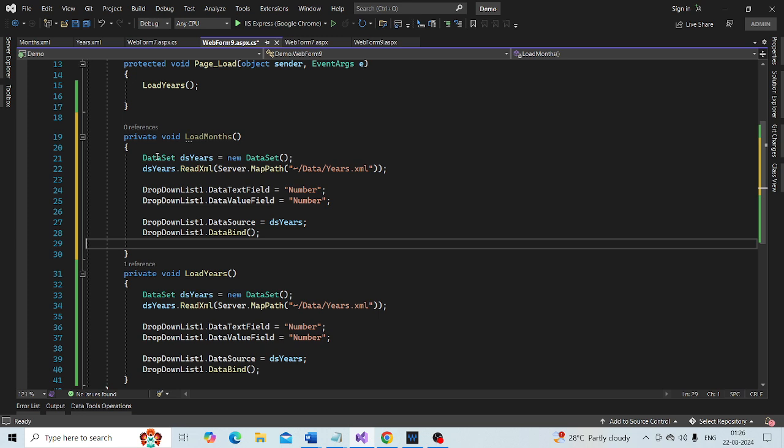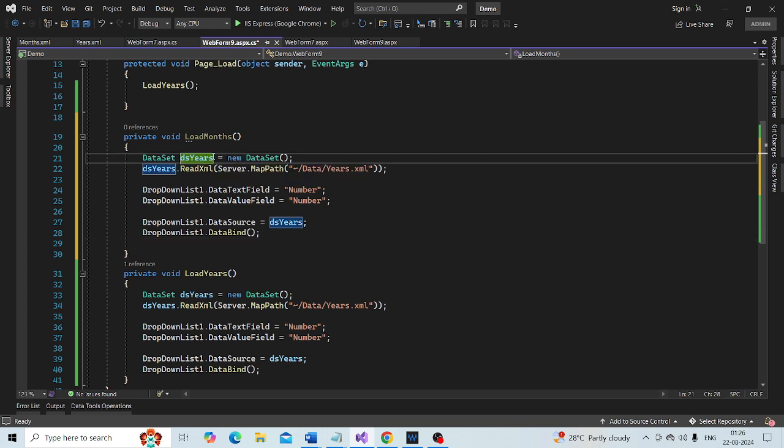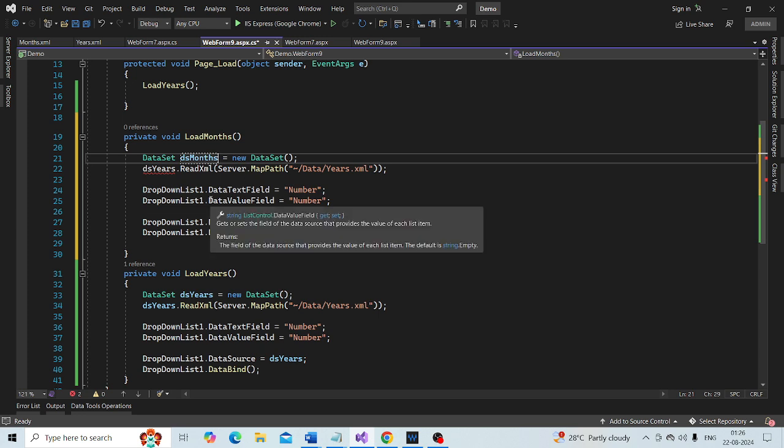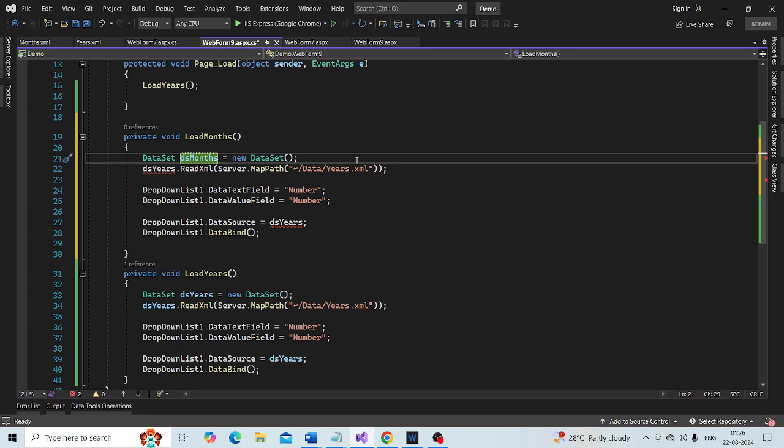Okay, so I am going to call this data set ds months. New data set, and we want to read the XML data from months.xml.